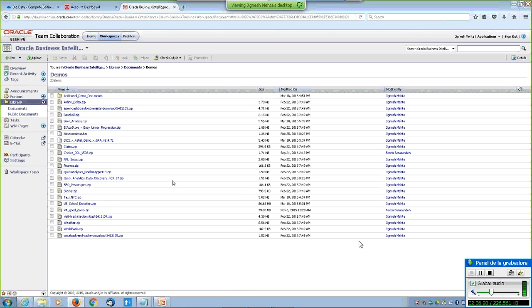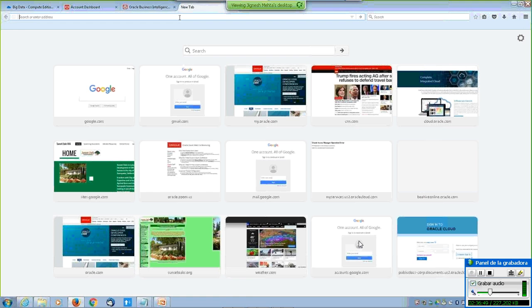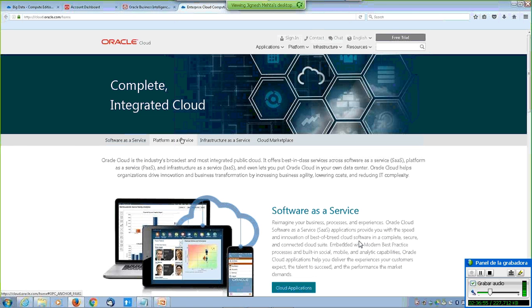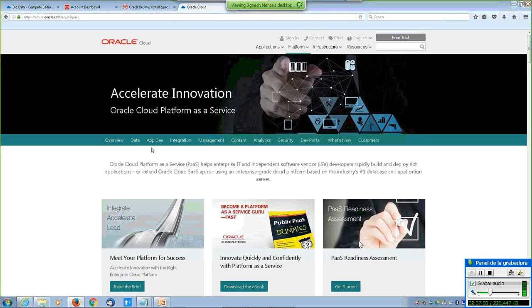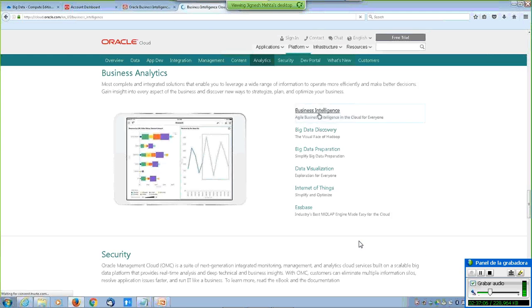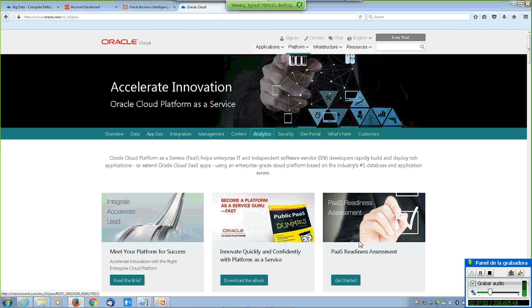One important additional resource I would highlight: because we are sharing some of the BICS instances, it is probably not advisable to do this demo deployment into the environment because it might create a problem for other users. The best thing is to go to cloud.oracle.com, go to platform as a service, expand the cloud platform, look at the analytics section, go to the BI cloud service page,